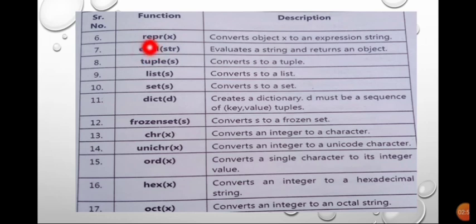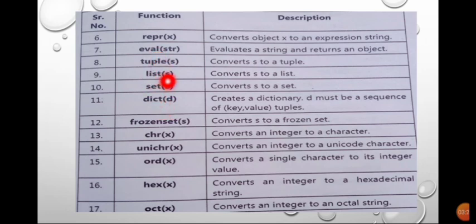eval. What does that mean? The opcode, this is the operation code. That means this is an English-like word statement. It provides you the conversion function. Evaluate: this function evaluates a string and returns an object. tuple(s): s is converted to a tuple, and you know what a tuple is, I explained it in the last video.